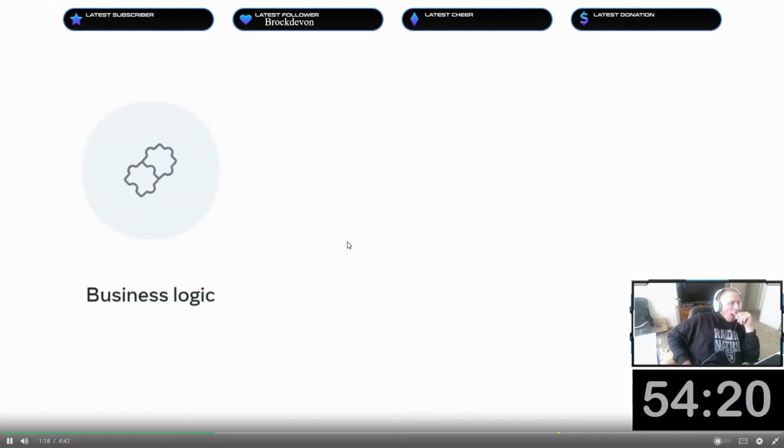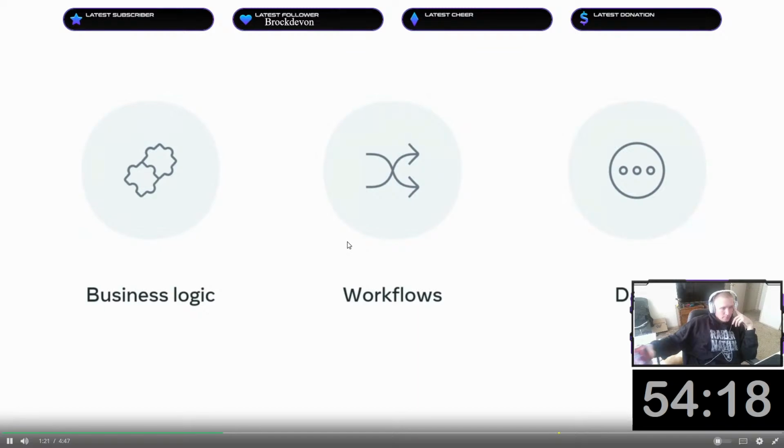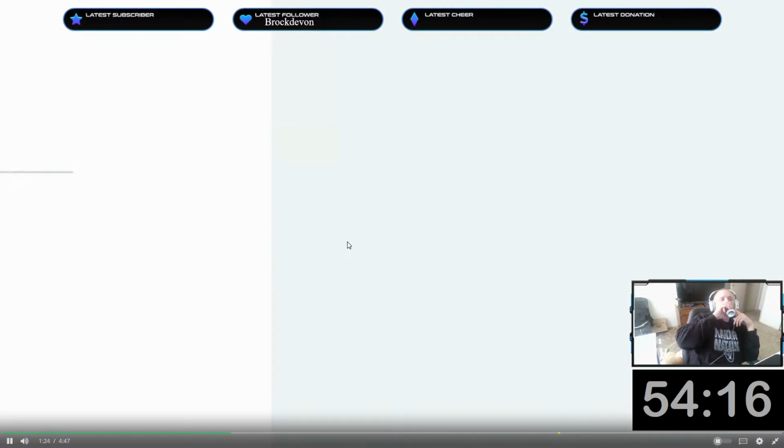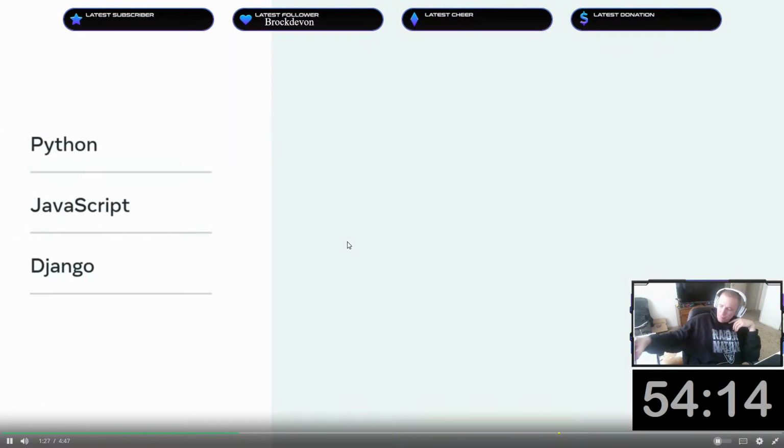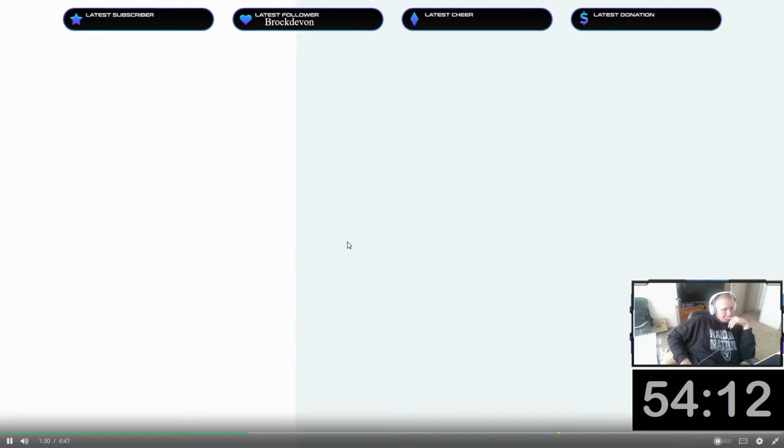Let's examine these three stacks in more detail. The back end stack has everything you need to create the back end of an application's core. That deals with business logic, workflows, and data. Back-end development includes programming languages like Python or JavaScript, frameworks like Django, and utilities like DRF, and also build tools,